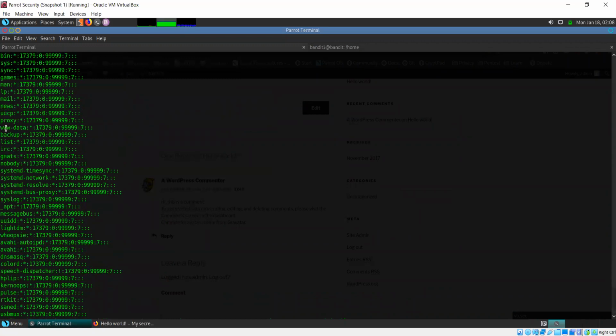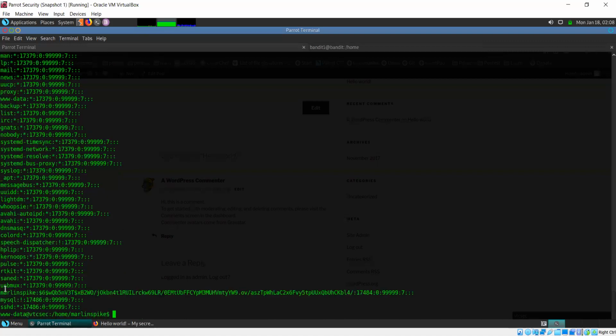And since all of these are of course service accounts, we won't see any passwords for them. But this is a user, Marlin Spike. So this is an entry for this user. Now, is this a password? Is this in encrypted form? It's not encrypted form. See, it's a hash. It's a password hash. Encryption would be a different concept. I mean, of course, it would look the same, but it's a different concept. This is a hashed password.